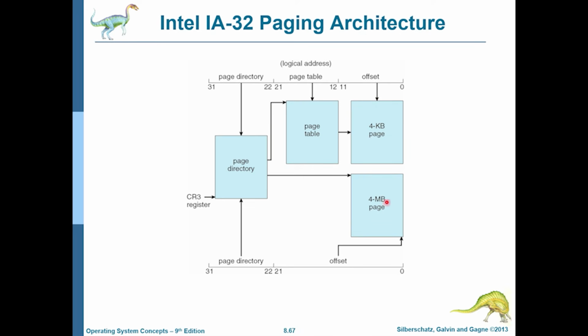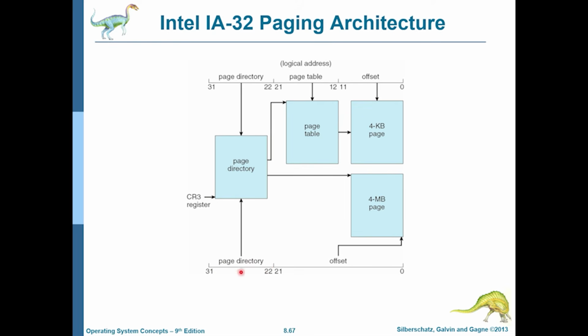But if 4 megabyte pages are being used, then we don't need two levels of page tables, because only very few pages like these would be there. So we can just get away with using one level of page tables, and we can just use the page directory over here. The outer page table is just enough. So since the offset is now bigger for 4 megabyte pages, because the pages are bigger, you need a larger offset. So the number of bits that are used for the page number have now decreased.